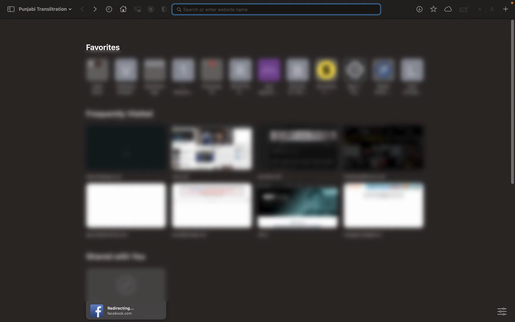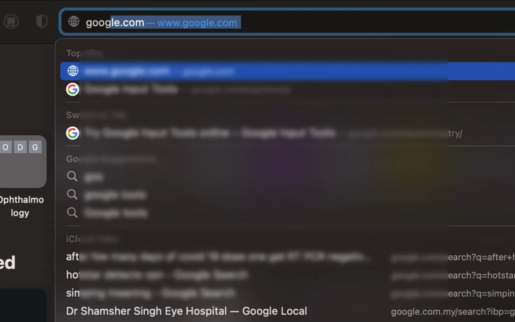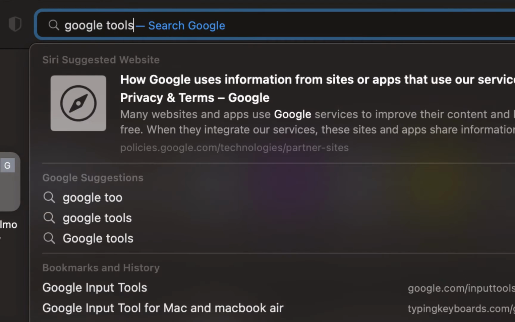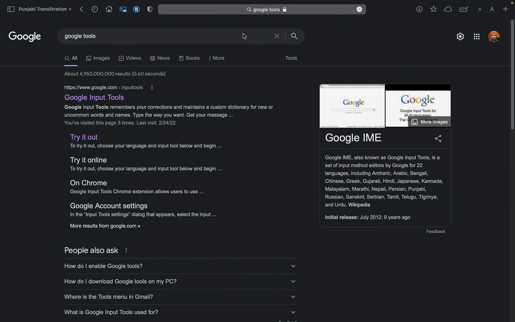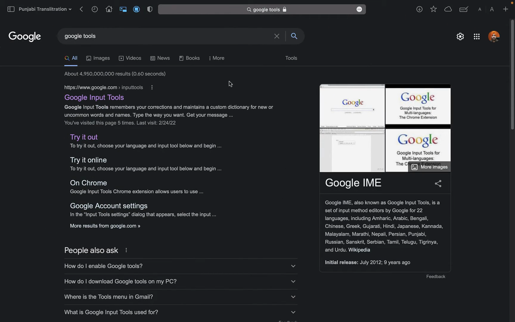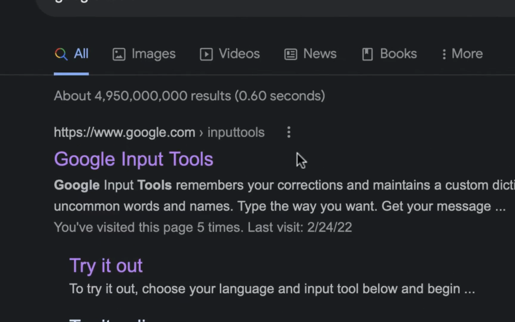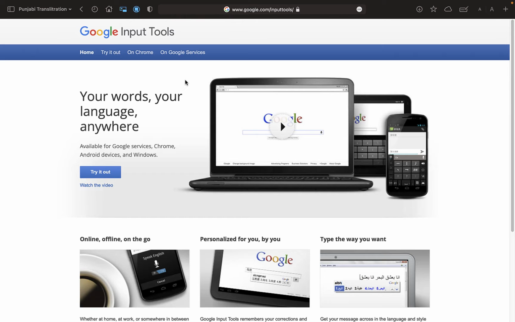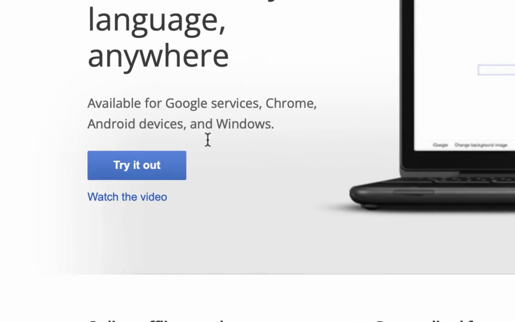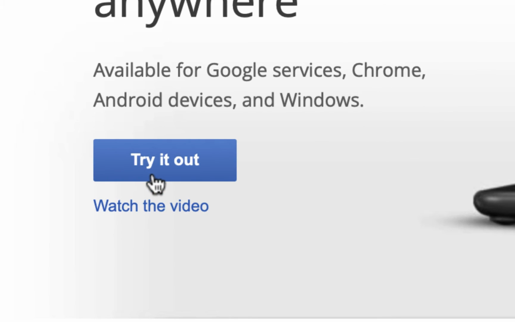First you open your browser and in the search area type in Google Tools and press enter or return, and then the first item at the top of the search would be Google Input Tools. Click on that and you'll be taken to the next page, and look for Try It Out and click on it,